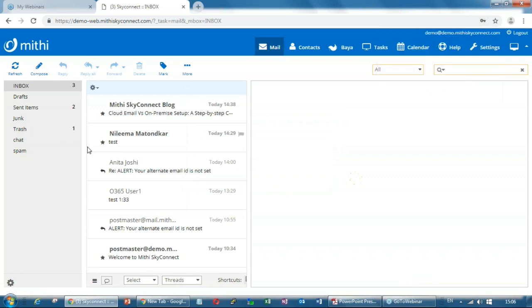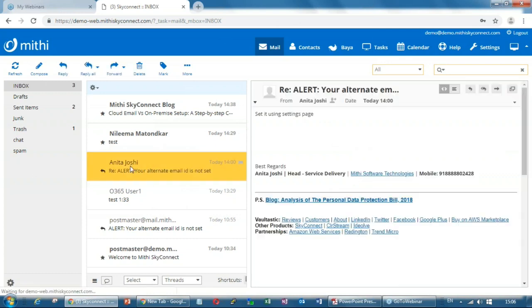It has a 3-pane interface. On the left side you will get all the folders. In the middle you will get the email list, and on the right side, whichever mail you select, you will get the text of it.